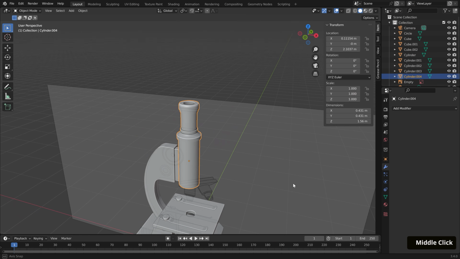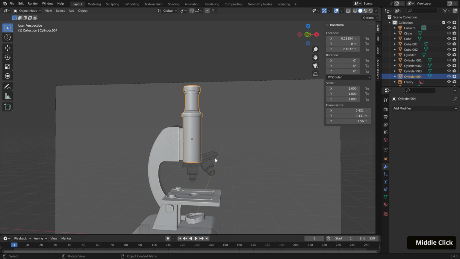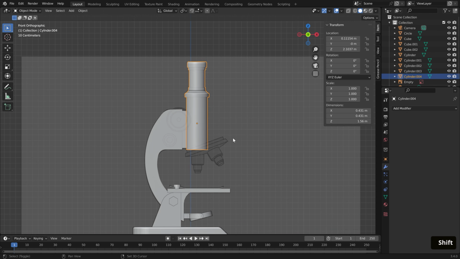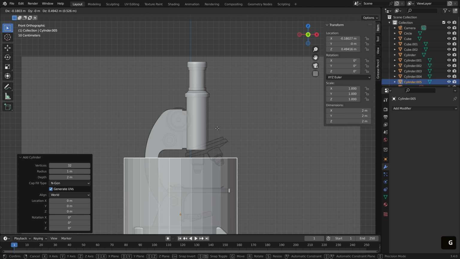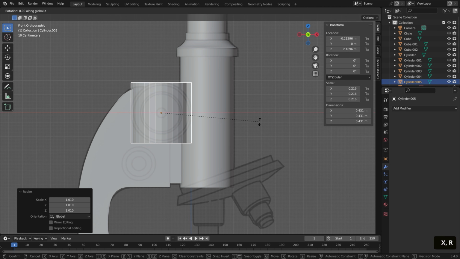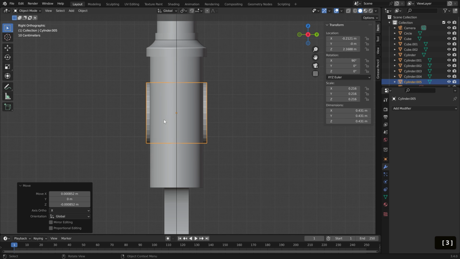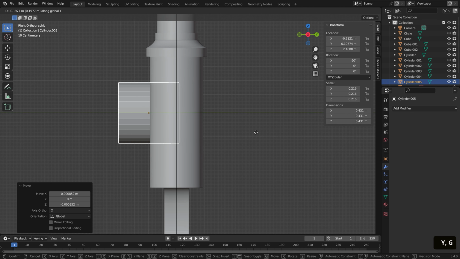The next part we'll move on to are the focus dials, which are the circular shapes on the left. In Front View, hit Shift-A and bring in a mesh cylinder. Bring it up and size it down to where it's roughly the radius of the larger dial. Then rotate it with R X 90 and adjust it as needed. Go into Side View with Numpad 3 and shift this over to the left with G then Y.